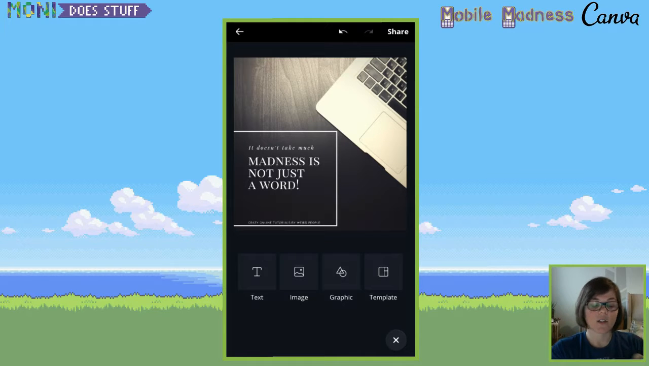So you can add more text, you can add more images, and you can